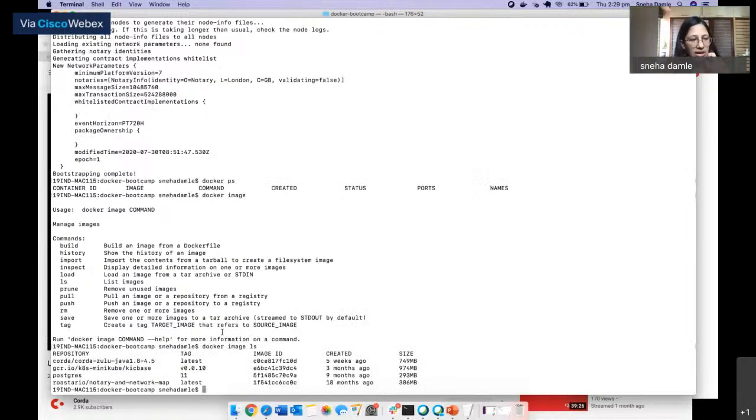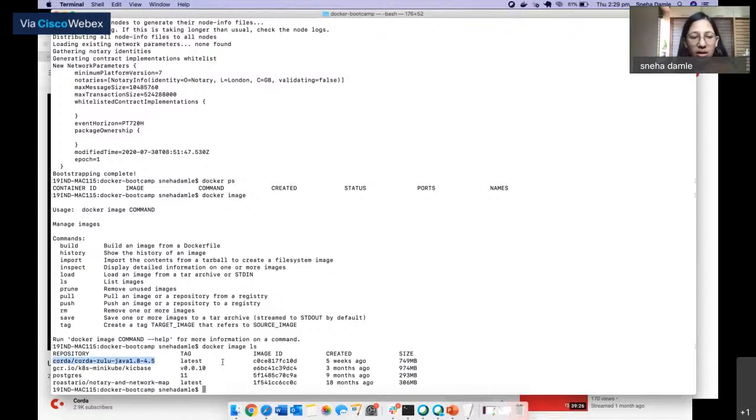If I do a docker image ls, you will see that these are the different images which are stored on my system. When I ran this project for the very first time, I pulled the Corda Docker Zulu Java 1.8 4.5 version from Docker Hub, so I already have this image downloaded onto my system.